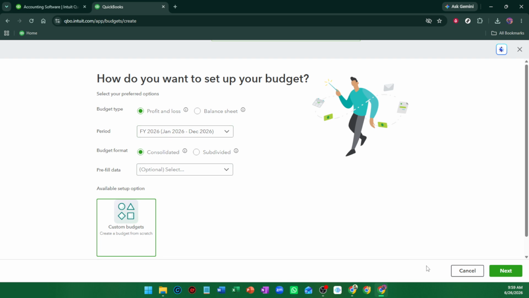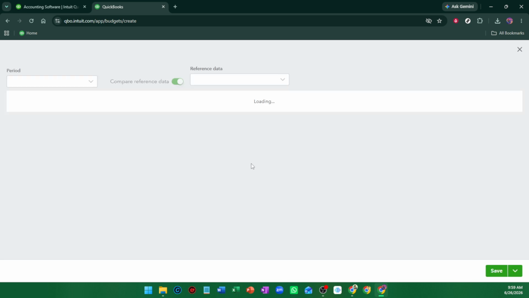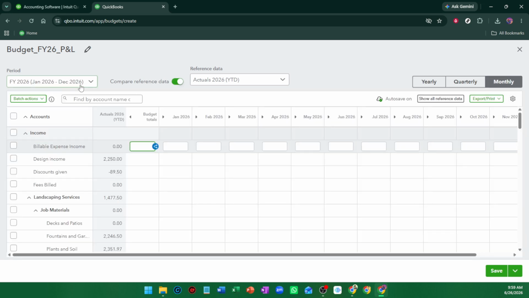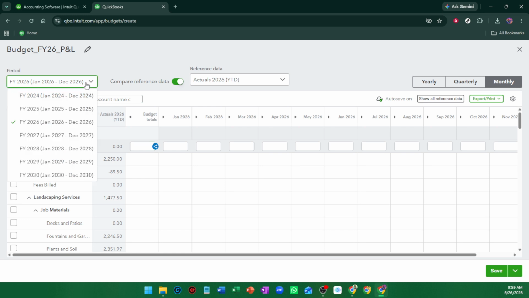The default option is profit and loss, which is commonly used for planning income and expenses. You may also have the option to choose balance sheet if that better fits what you need to forecast. After naming the budget and selecting the type, choose the fiscal year you want the budget to apply to, then